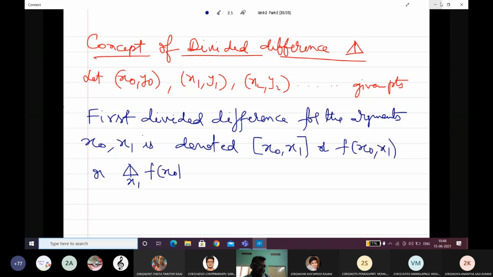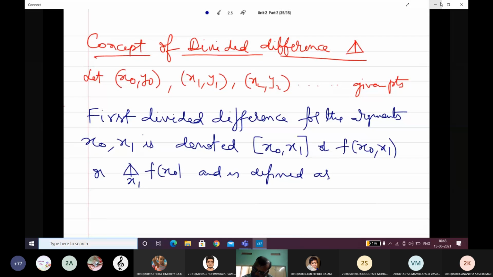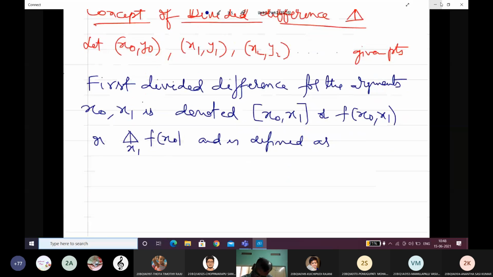These are the notations. Okay, and is defined as, this is very important. x0 x1 is equal to